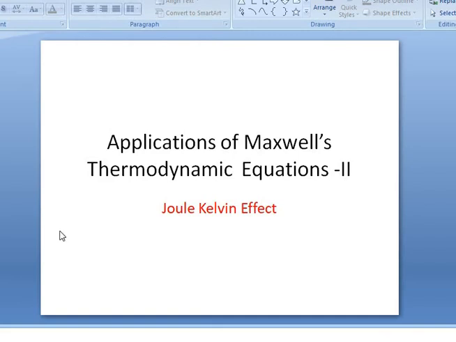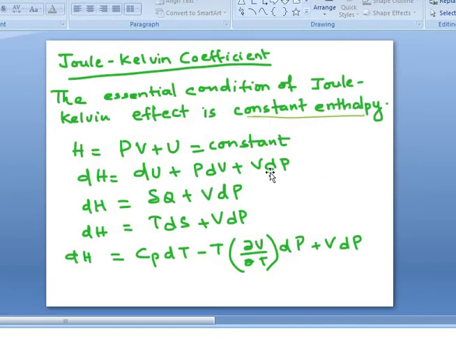Now we know, what is the Joule-Thomson effect? It is actually the temperature change in a real gas. Please remember, a real gas, so that we will realize why we are saying a real gas. It's a temperature change through a throttling process.